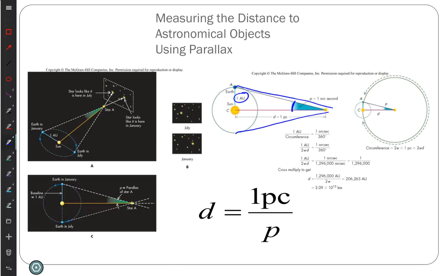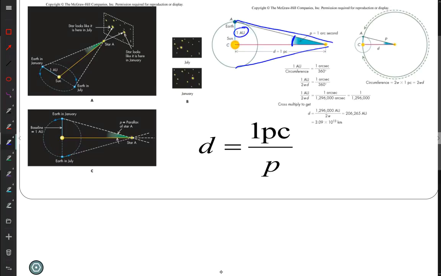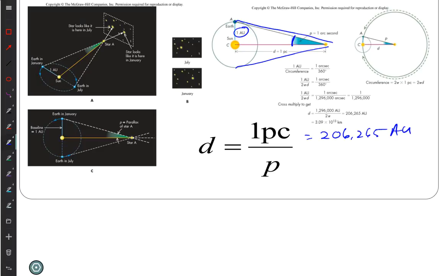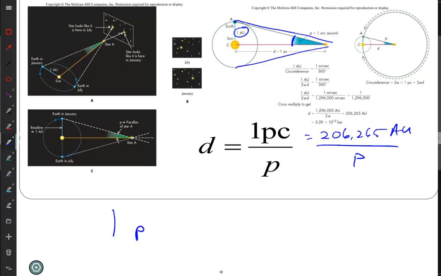Using the small angle approximation, we can say that the angle is equal to... I don't remember where the 206,265 goes, if it's on top or on bottom. I think it's diameter over distance. I'm going to screw it up if I try to write it out. I'm sorry, I usually actually derive it. But the distance is 206,265 astronomical units divided by the parallax angle, that half angle. The 206,265 is a conversion factor between angles. And since 206,265 is in that equation, we just define 1 parsec to be equal to